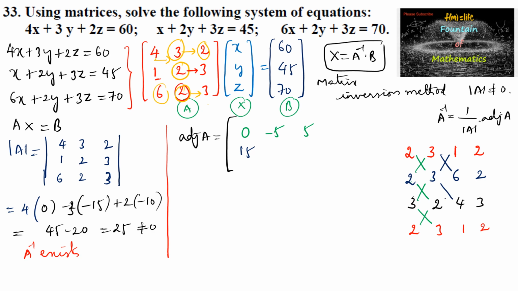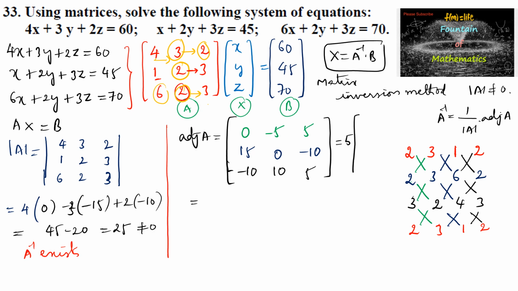So 3 4s are 12 minus 12, it's a 0. 2 1s are 2 minus 12, that is negative 10. And again the last one, so we can write here 1 2s are 2 minus 12, minus 10. 6 3s are 18 minus 8, it's a plus 10. And 4 2s are 8 minus 3, it's a 5. So adjoint of matrix A is equal to, we can also take 5 common, and we can write